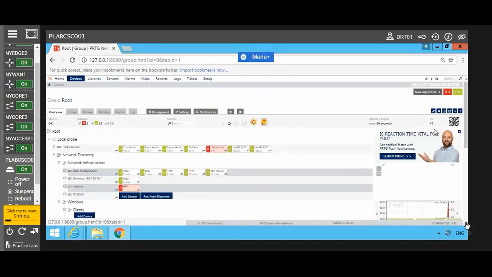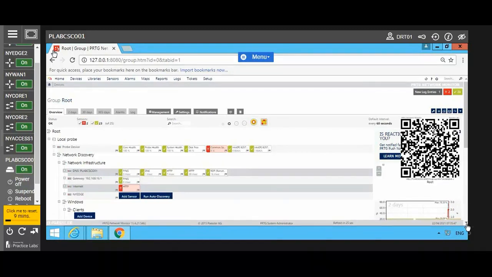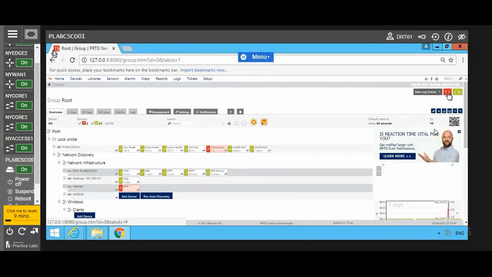And now you will see the downtime, the red mark on the SNMP monitor that your device is down because we have shut down the interface. It can be down due to any reason. You can see over here alarm.